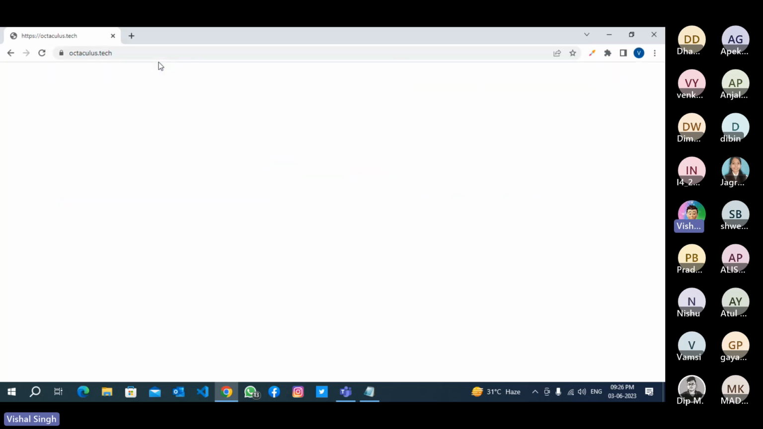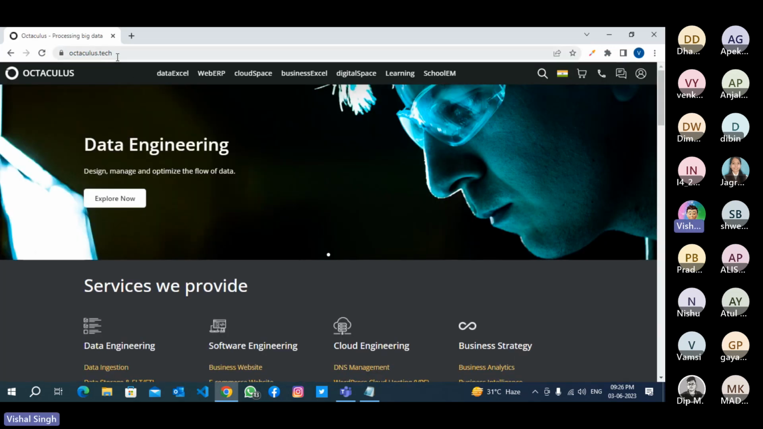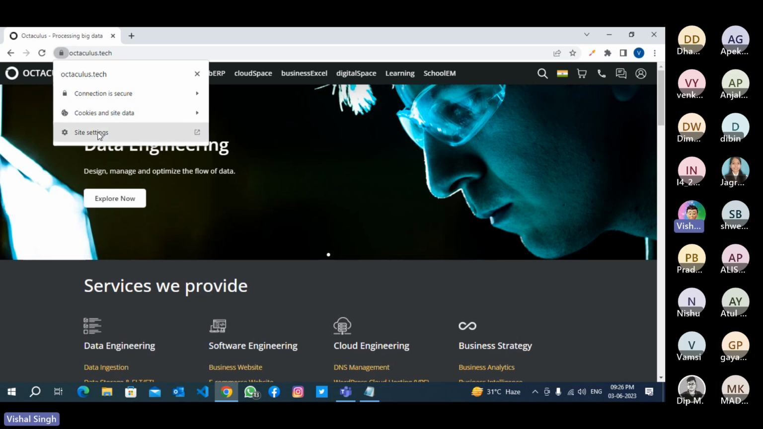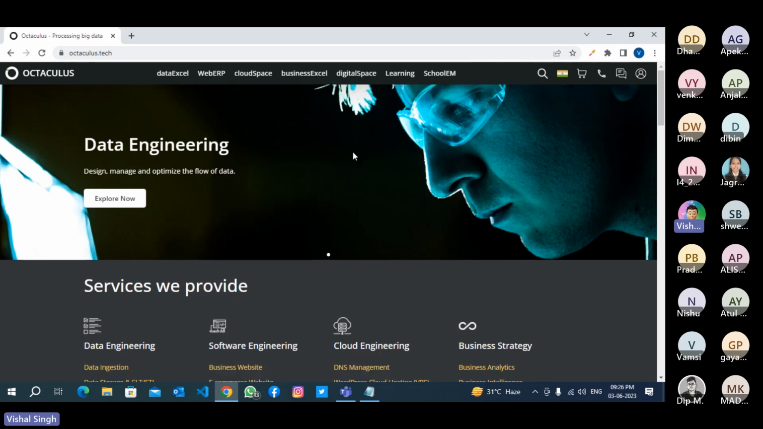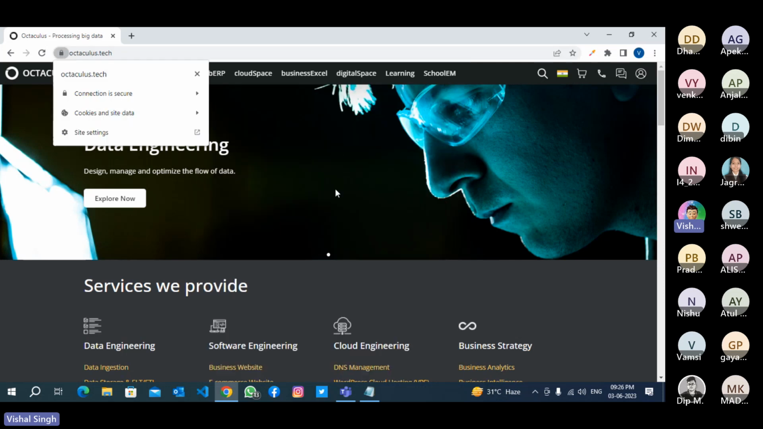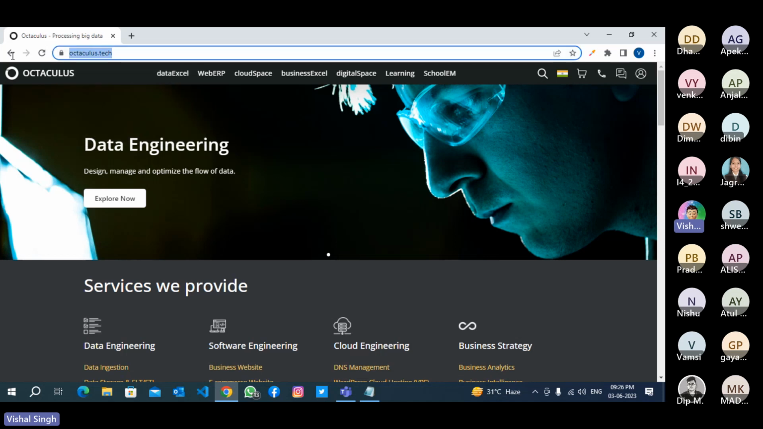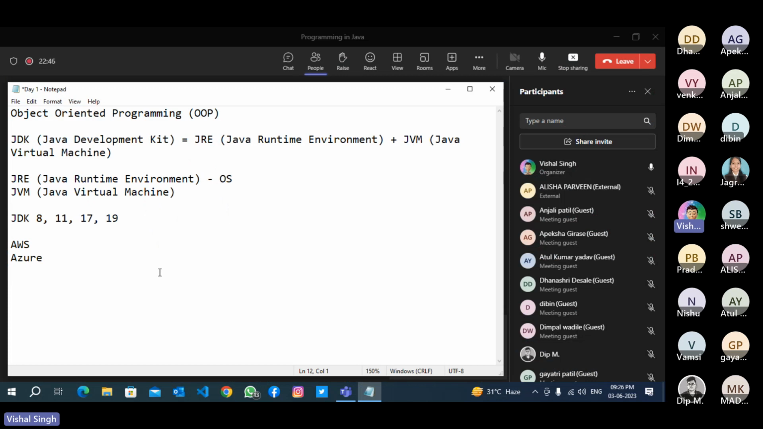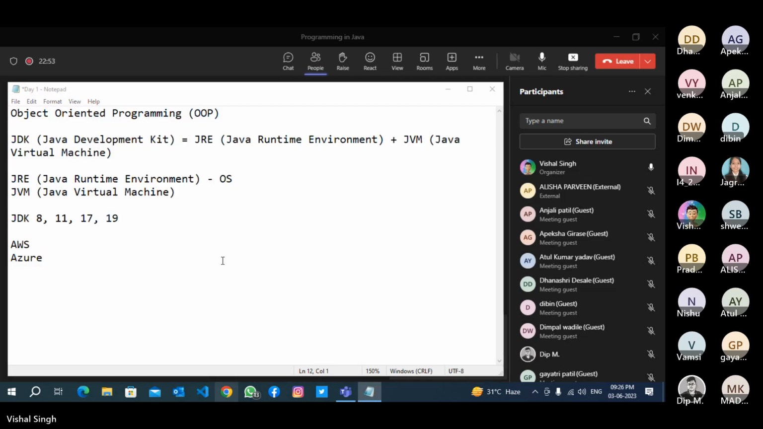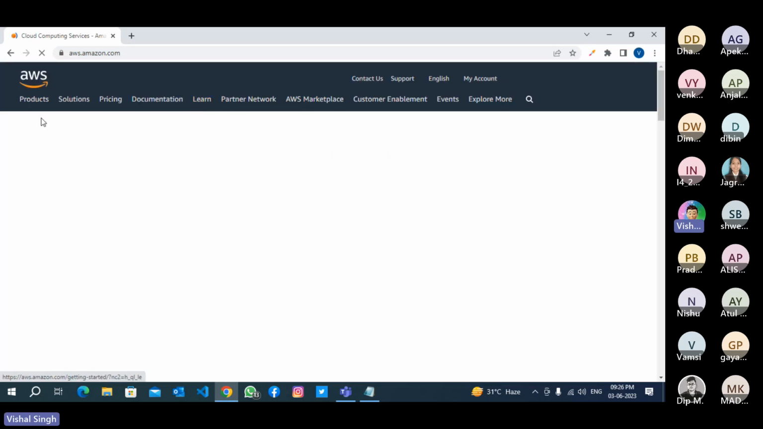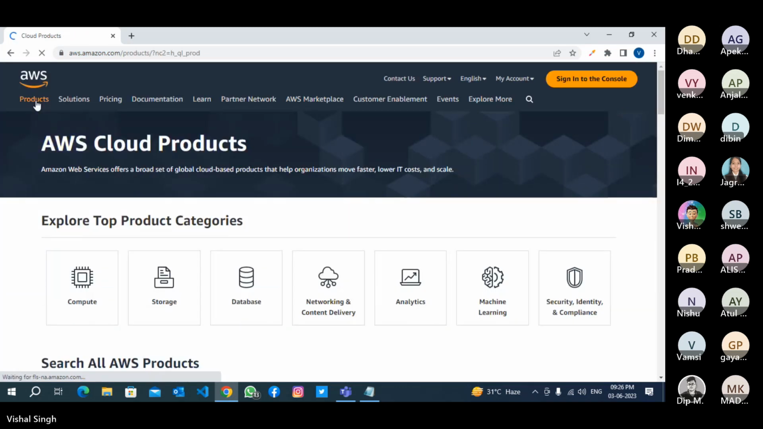Like I am using for my website, octaclus.tech, this is the company website. For this website, we are using Amazon Web Services. See, Amazon organization issued by Amazon, license and everything. So I am using this SSL certificate from Amazon. I'm using Amazon Virtual Server. So what specific service or product am I using at Amazon to deploy or host my application? I'm using Cloud9. See, aws.amazon.com, products,